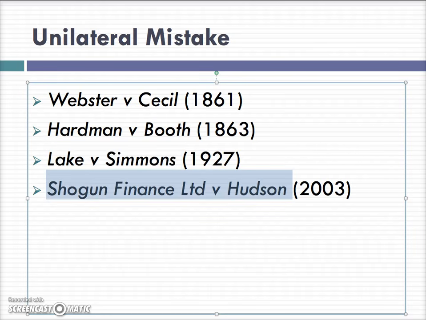In Shogun Finance versus Hudson, a crook had obtained a car, which he then sold on to an innocent third party called Hudson. Now, the car was obtained from a dealership, but the financing agreement, which the crook had entered into, for which he had never made any payments, was with another company, Shogun Finance. Since there had never been any face-to-face meetings between Shogun and the crook, the court followed the ratio in Cundy and Lindsay. There was no contract because Shogun Finance only intended to deal with the person they believed to be Mr. Patel, but who in fact was the crook.